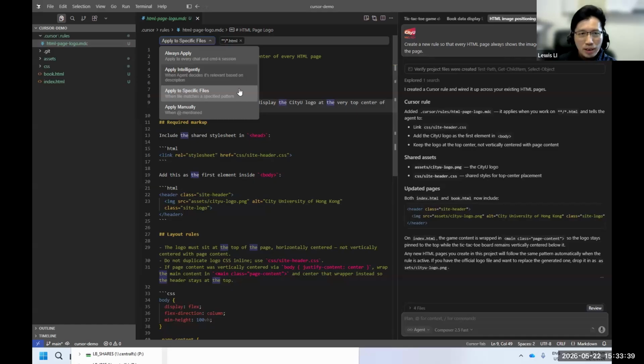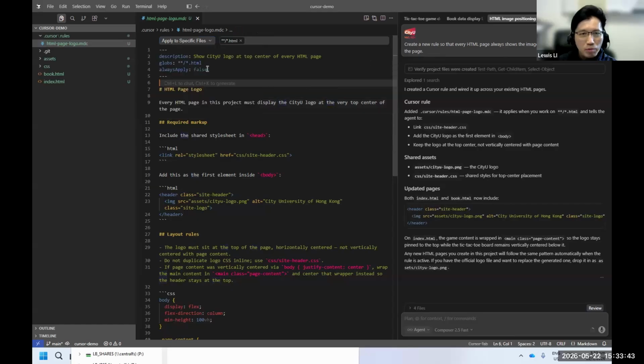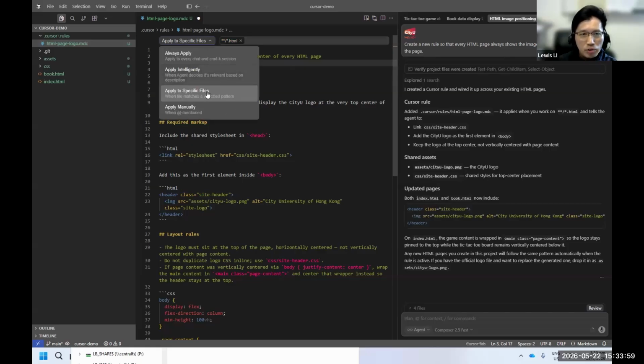Okay, and also apply to specific files means, so right now we only focus on .html files. If you want to specify also .htm, then you can type like this, .htm files. So sometimes it's .htm and sometimes it's .html, depending on the platform you use. So this means apply to specific files. Okay.